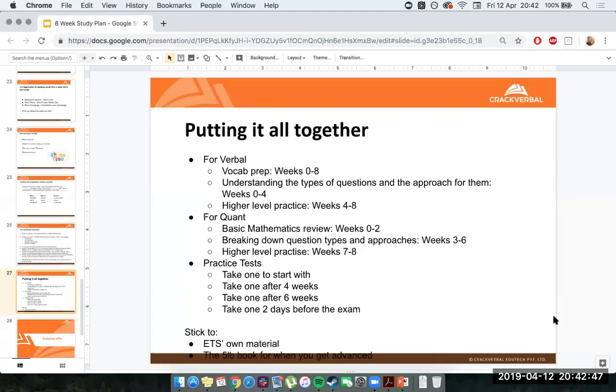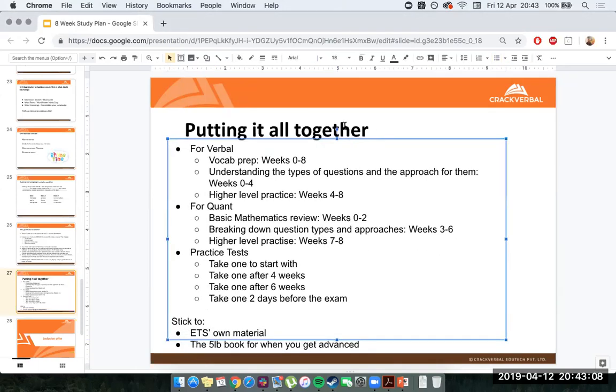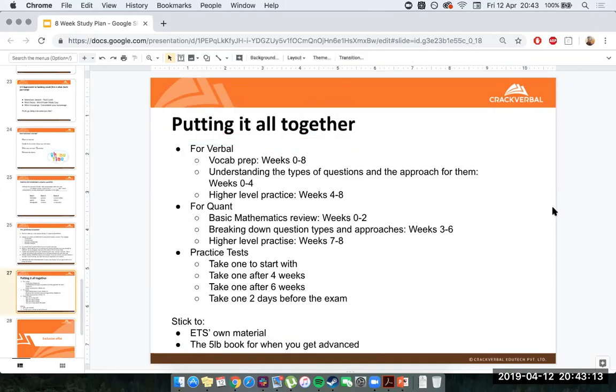The last thing that we said we'd talk about is also the material from which you want to practice these questions, the material from which you want to understand the concepts. Now, to understand the concepts, obviously, since I'm a representative of Crack Verbal, and I have personally had a hand in developing the verbal course, I'm always going to tell you, hey, you've got to check out our verbal course. That's the best way to learn the concepts. I mean, I made it. So I trust my ability and I trust the way that we've thought about putting it all together.